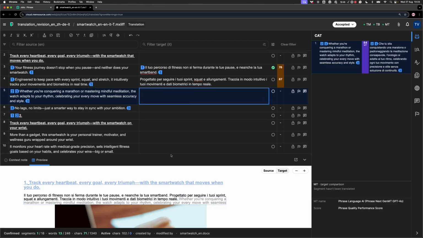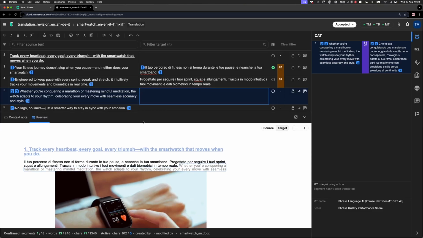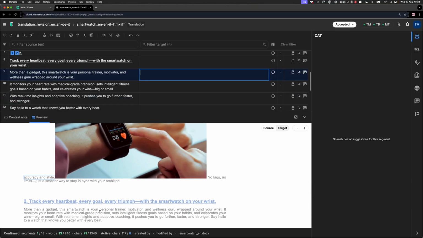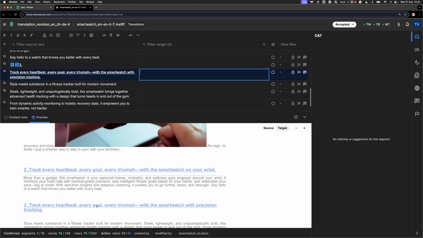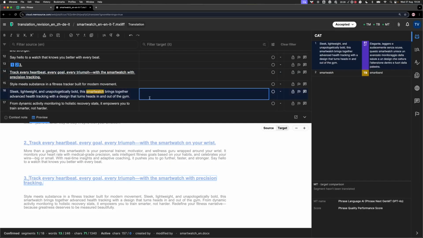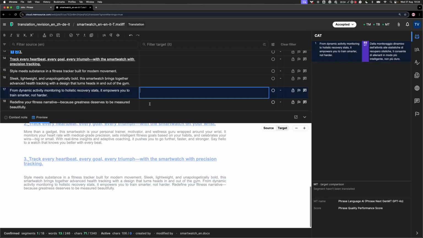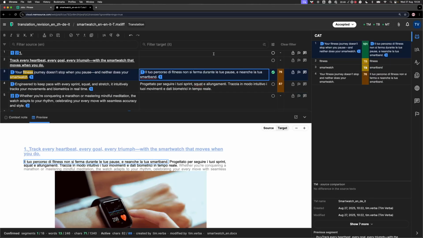You might have noticed that there's also an in-context view here. So let me show you how it works. You can have a look at the images. You can also switch to different parts of the document, and this is going to switch to the relevant segment in the CAT. You might want to look at the target text. You might want to look at the source text, but anyways, this is usually very useful because it saves you